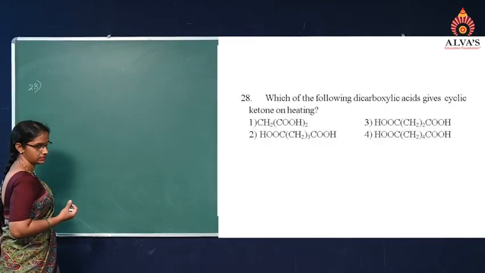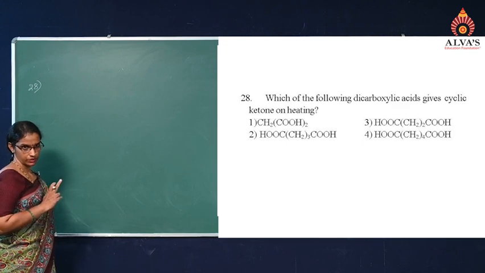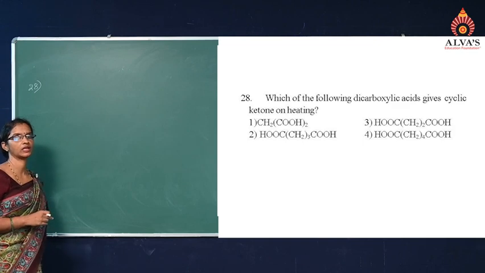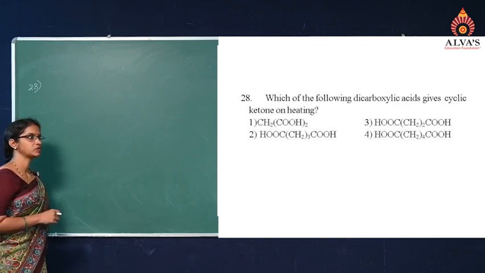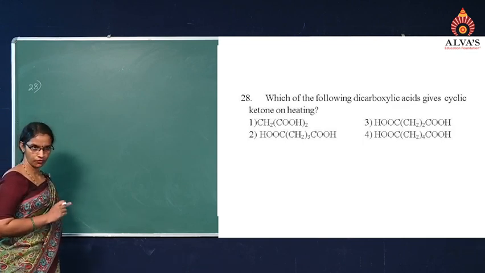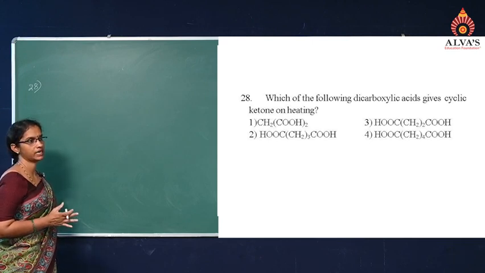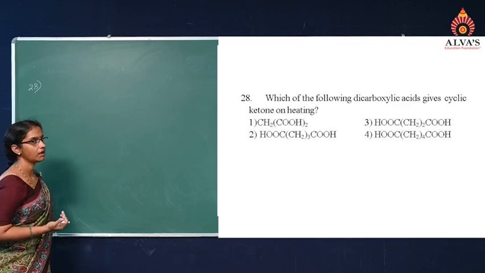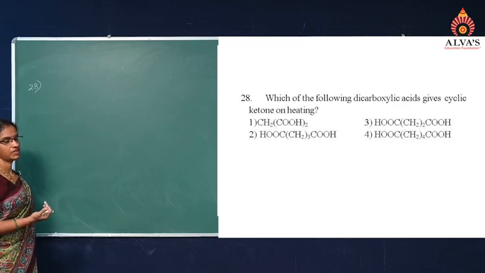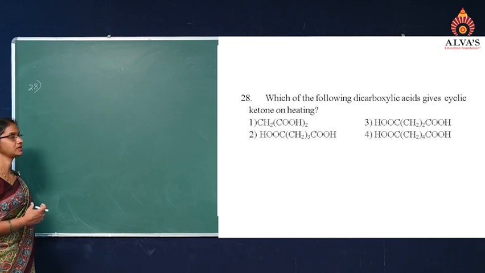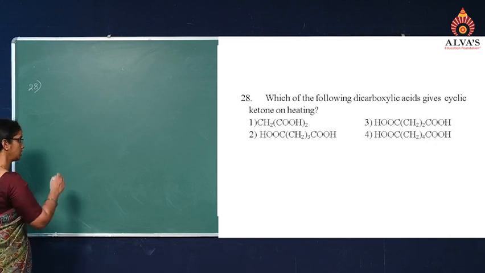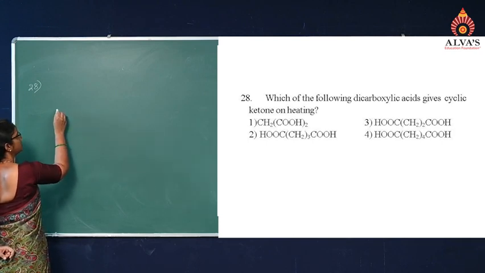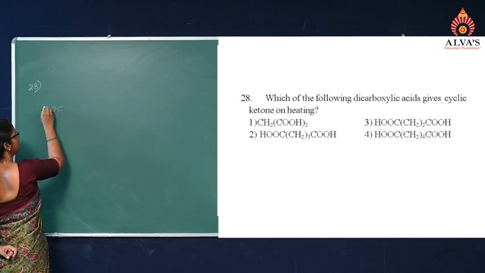Now on cyclization, it is going to give us a carbonyl compound, a cyclic ketone, and our knowledge about cyclic compounds tells us that rings of 3-4 carbon atoms are unstable. So when we are expecting a ring ketone, then we have to look for a molecule which has larger number of carbon atoms, and the best choice which suits us is option 4, which is hexane dioic acid, or also adipic acid,